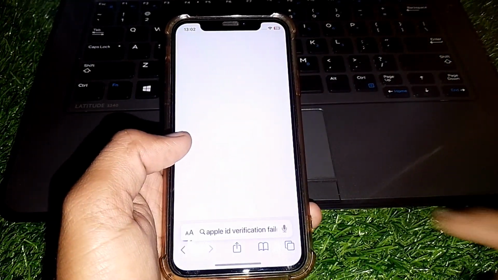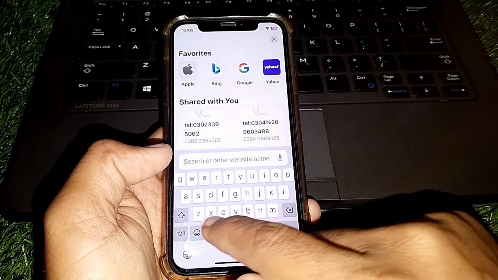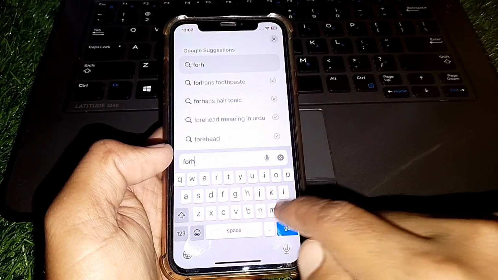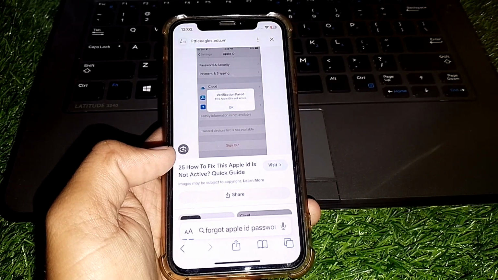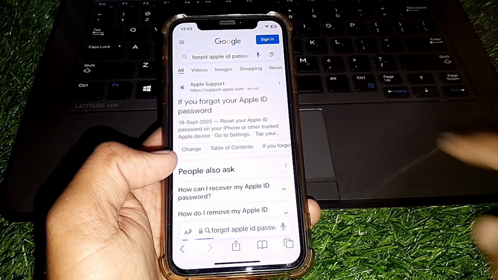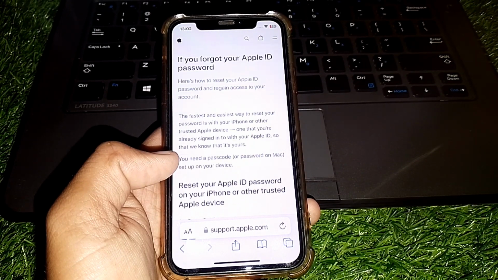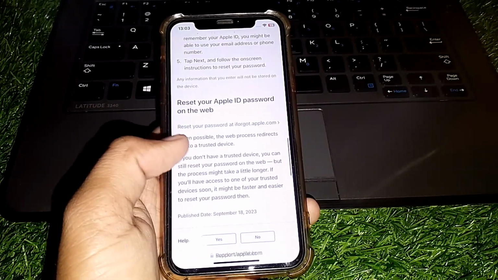After that guys, what you need to do is simply open any browser on your phone, like I'm opening Safari here. Just simply search for forgot Apple ID password. So wait some seconds from here guys. After that, tap on that and wait some seconds. So from here guys, simply scroll on, and